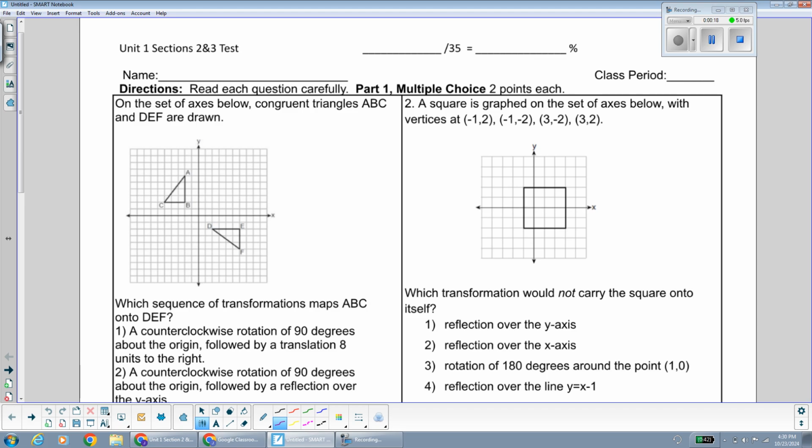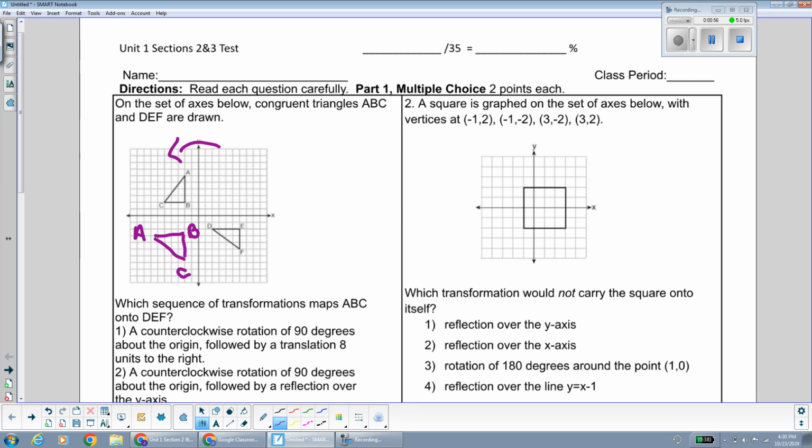So a counterclockwise rotation of 90 degrees, and I'm not going to do this exactly because I don't want to take too much time. I'm just going to put approximately where it would be. I'm going to freehand it. So if I turn this 90 degrees counterclockwise, we're going to have A over here, B over here, C over here. And then